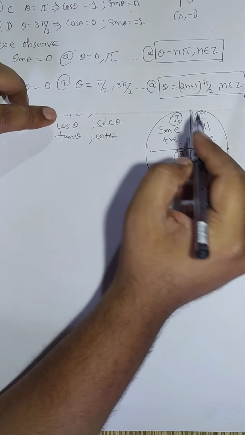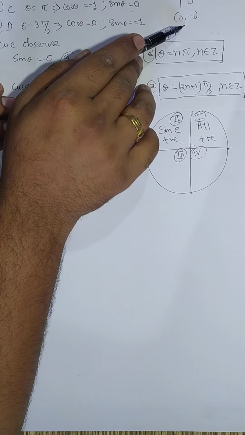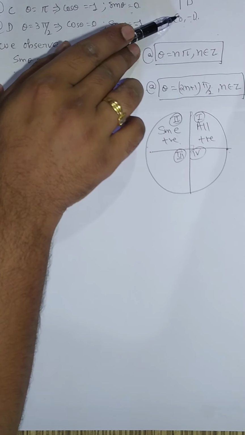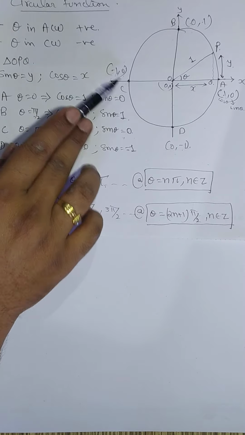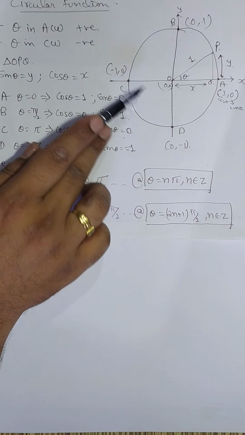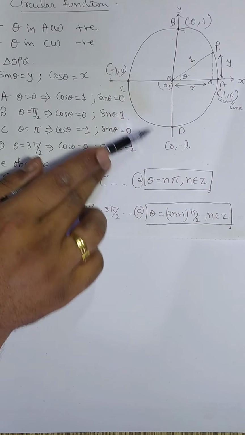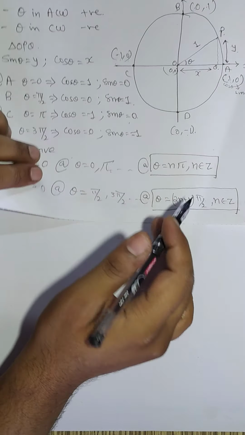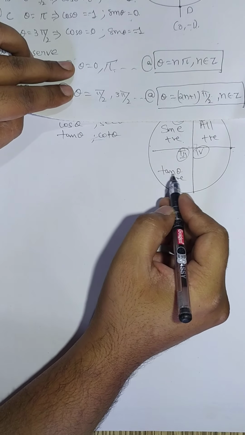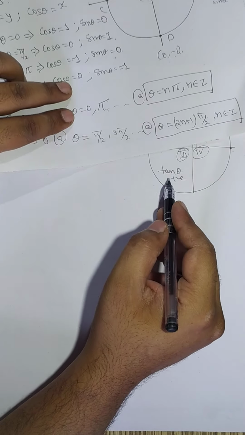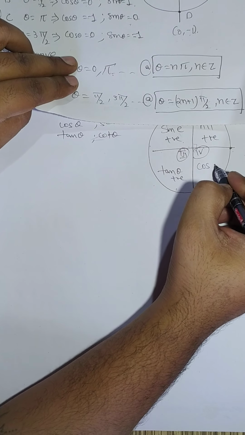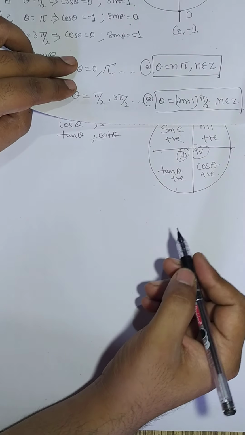Similarly, in the third quadrant, if you notice the x and y coordinates, cos is negative, going from minus 1 to 0, and sine is also negative, going from 0 to minus 1. So we conclude that tan is positive here, because tan is nothing but sine upon cos. Sine negative and cos negative ultimately make tan positive. And similarly here, cos is positive and the rest of the quantities are negative.